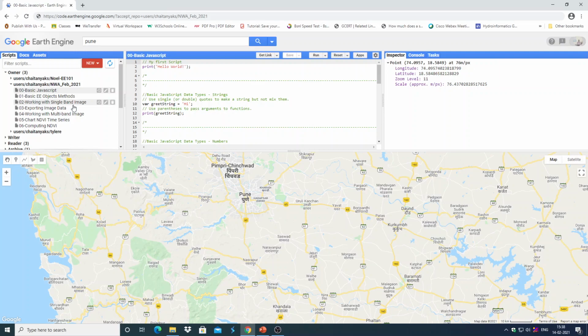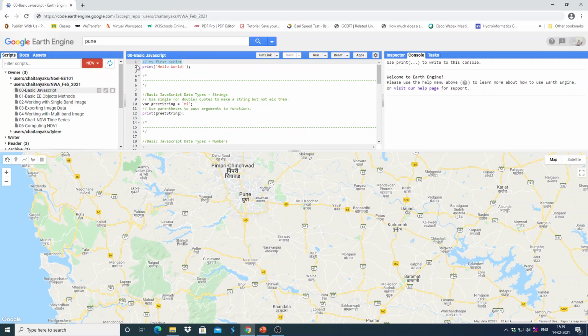So the first script, in normally any programming language, the first script which we write is the hello world script. Before going to that, there is one thing which is very important. You can see these two forward slashes, which are meant for commenting out any line.